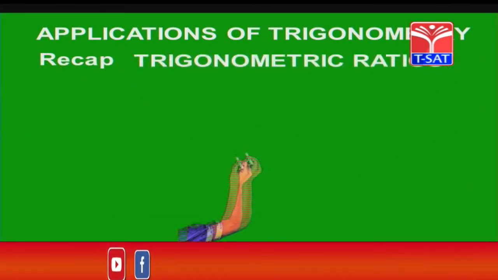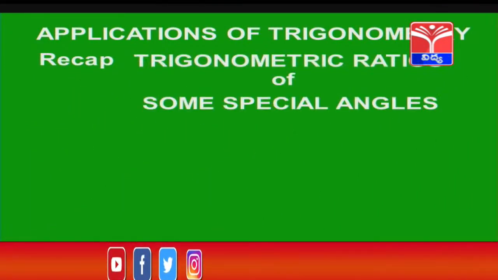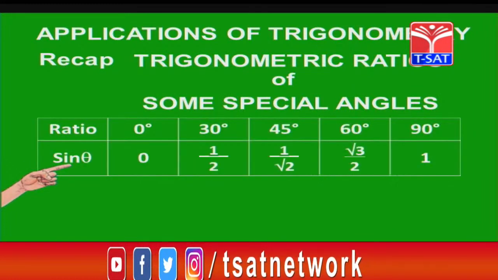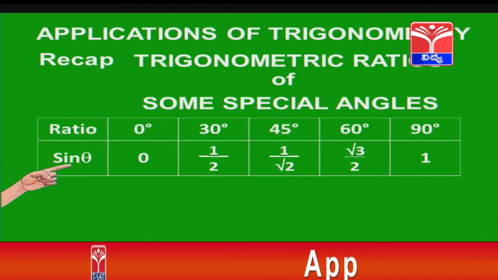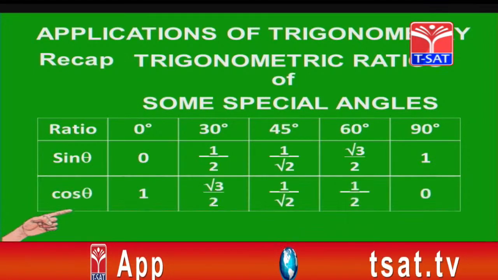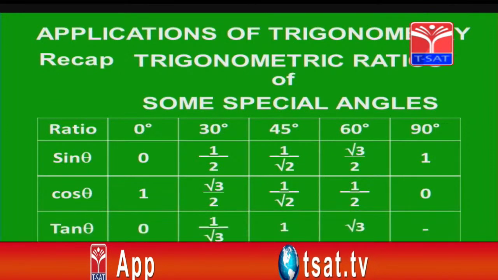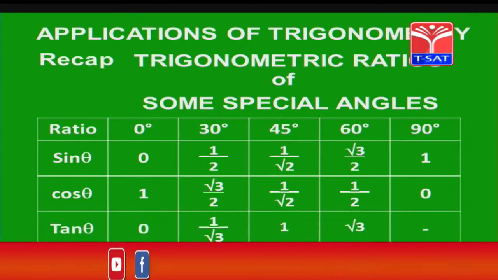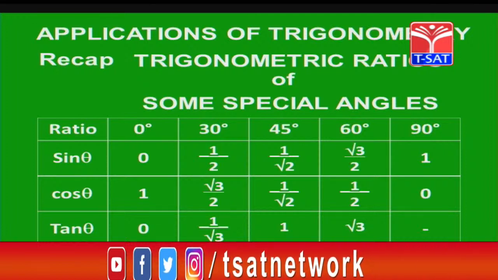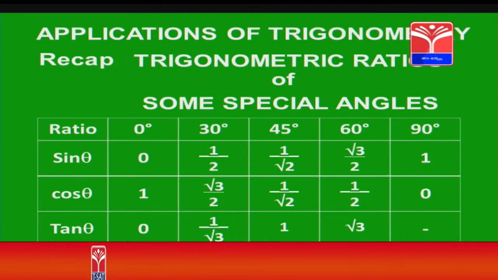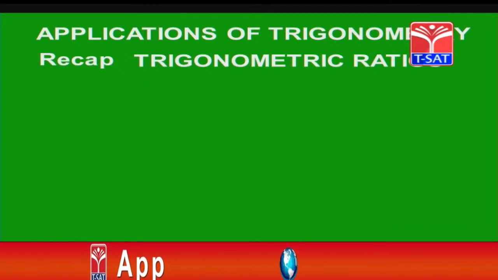trigonometric ratios of some special angles. We are going to discuss the ratios for 0 degrees, 30 degrees, 45 degrees, 60 degrees, 90 degrees. First ratio is sin theta, next is cos theta, then we have tan theta, is it not. You are able to see the table which gives the values for some special angles, is it right. Now, not only this, we have 3 more trigonometric ratios, but how these ratios are arrived at, let